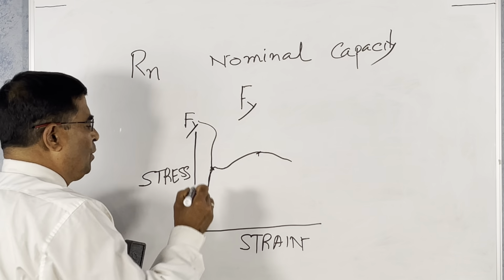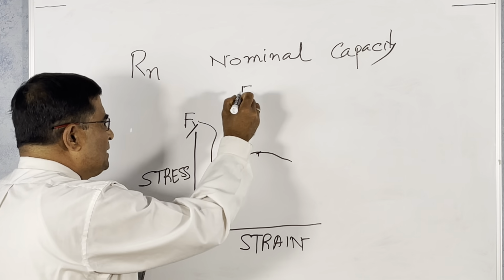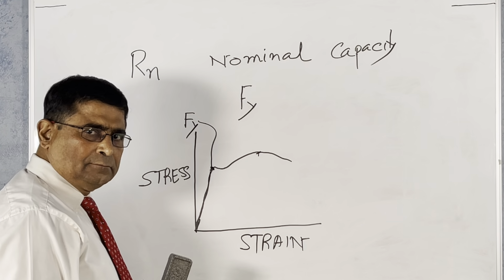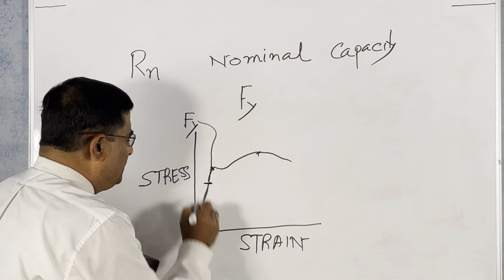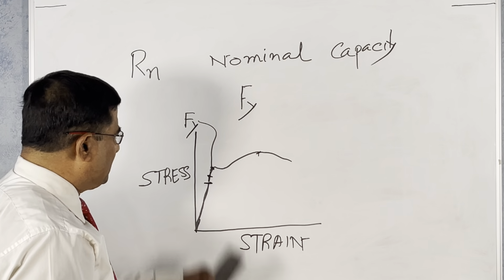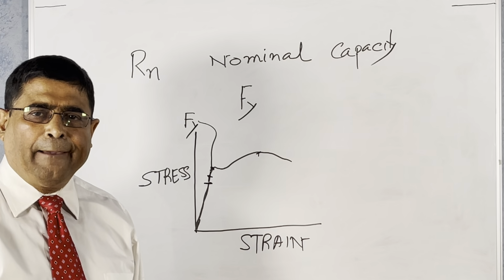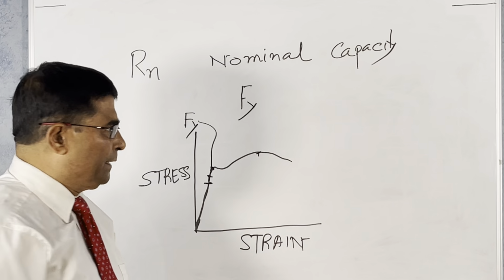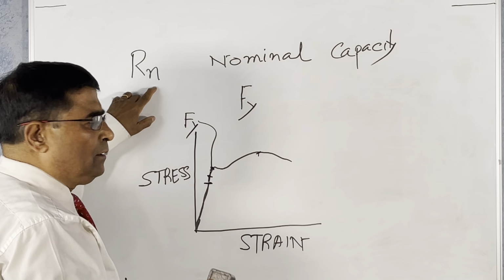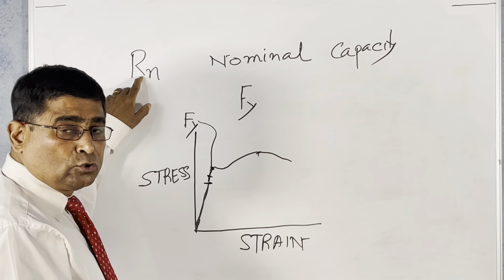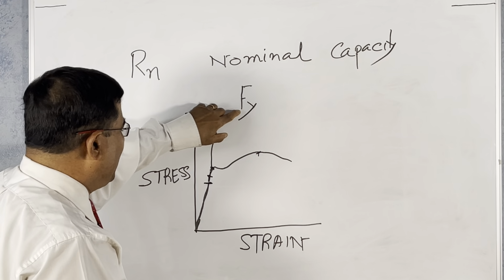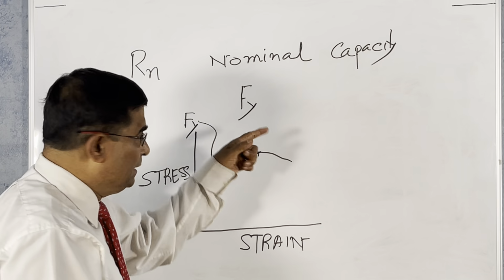We want to make sure that the structure doesn't attain Fy, the yield stress. So it will be somewhere here or there. But this is the limit state. It cannot go beyond Fy, the yield stress. Okay, so Rn is the moment capacity or shear capacity or torsional or axial capacity, keeping in view that we are considering it as if it is failing at Fy. Then